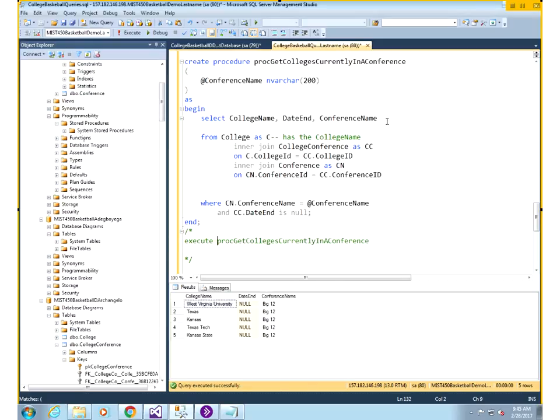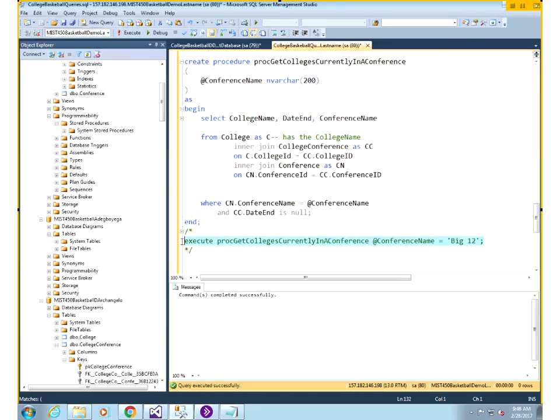Okay, I'll put execute the name of the procedure and then conference name equal Big 12. Okay, so I usually put it in comments right below so that when I create it, it's created with some data to be able to run it. So if I run this,